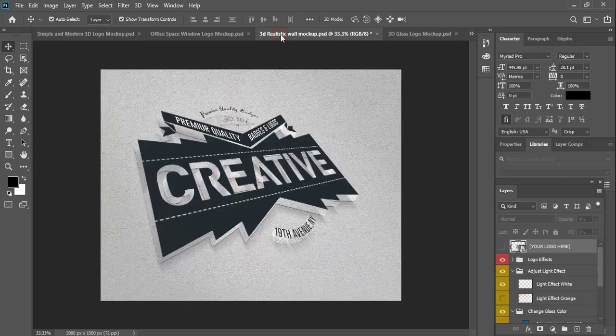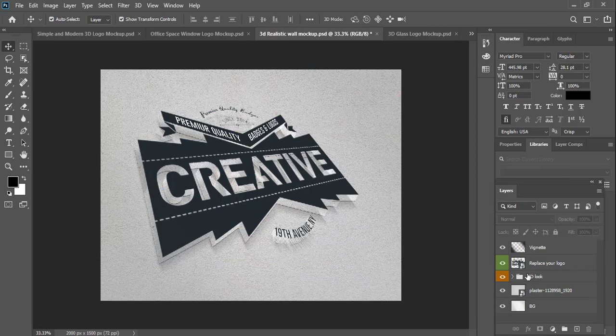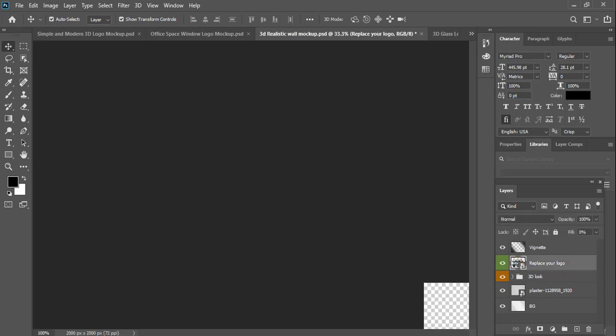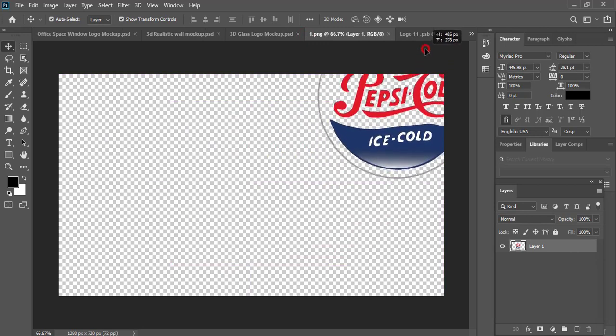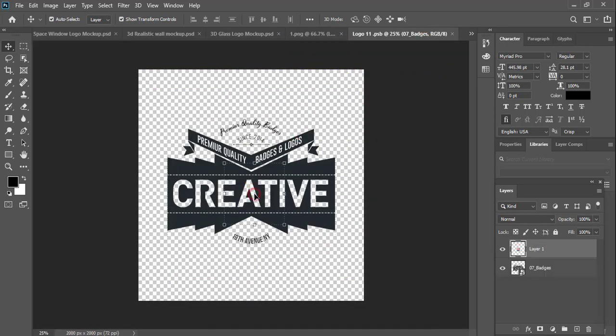Similarly, I'll apply the design on a different mockup. Now this is another mockup. I'll apply the design in a similar way. Here replace your logo: double click here, and I'll drag my logo over this new tab of the mockup and leave it here.